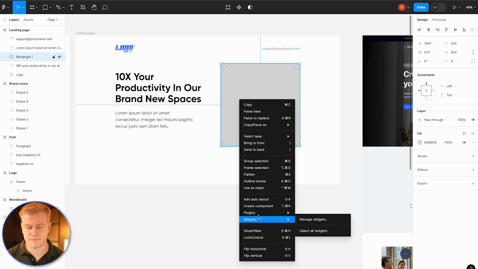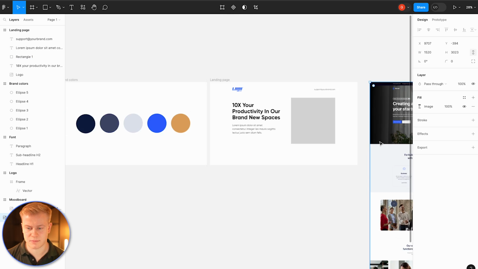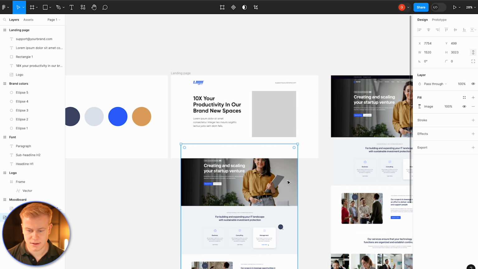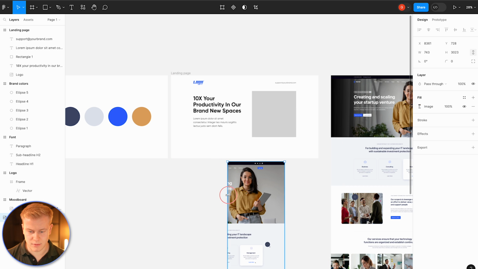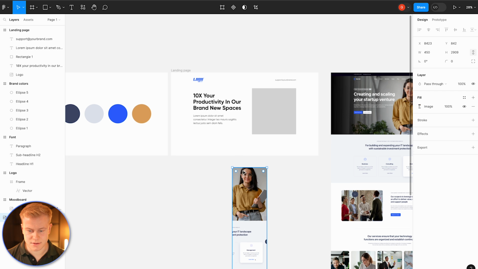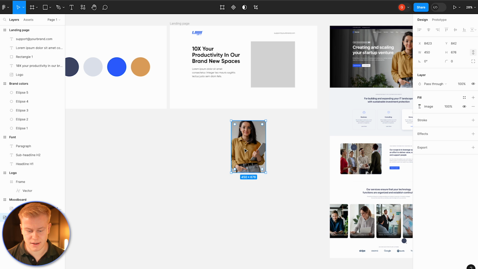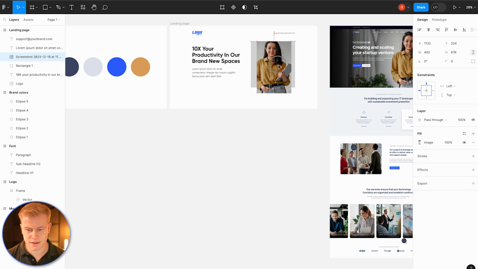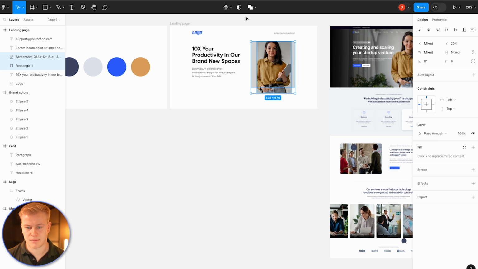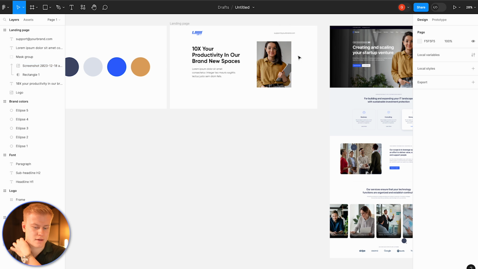I'll show you how to create an image like this. You can just go and either add an image. Like if you add one personally, let's say you add one like this, and you're like, I want this image. Let's say this is you, and you want to use this image. You could just do that by moving it. So I'm gonna add it in here. You just mark both of them, you mask it in there. You could do that,